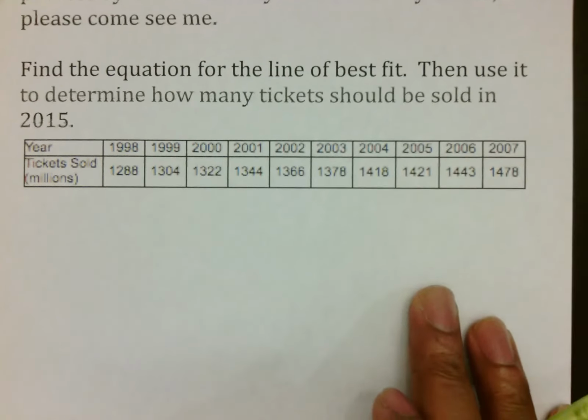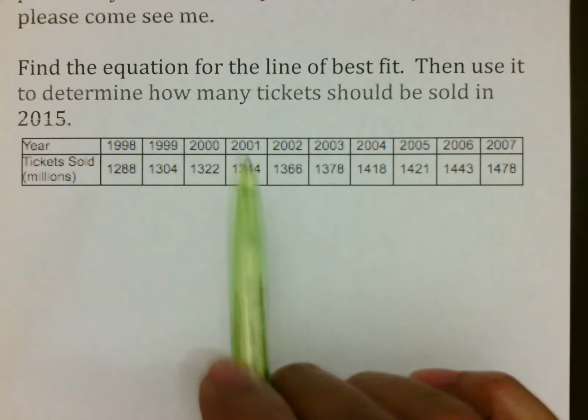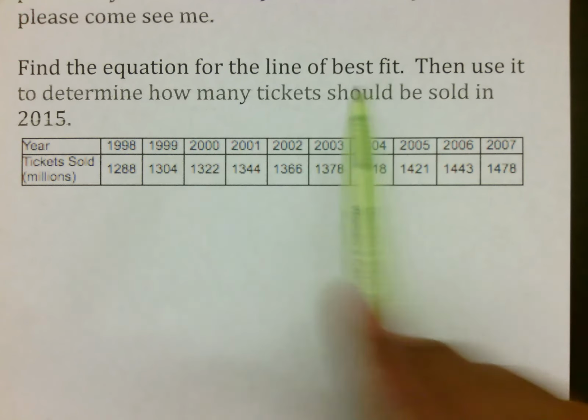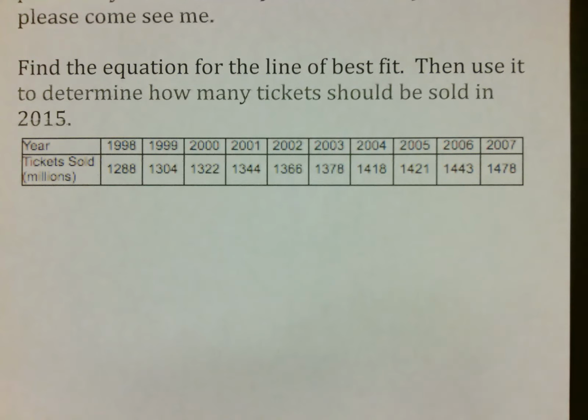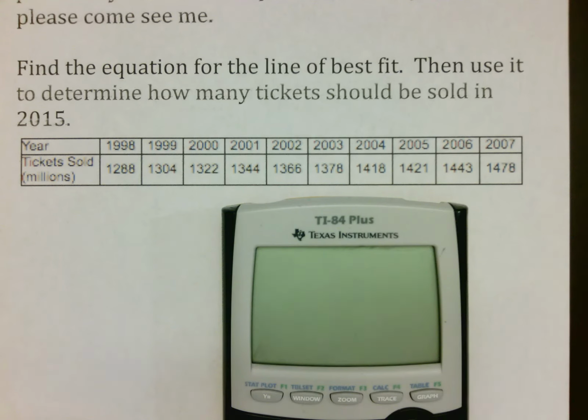Because it is very important. So this says find the equation for the line of best fit. Again, that's the anticipated line. Then use it to determine how many tickets will be sold in 2015. So again, the first thing we do